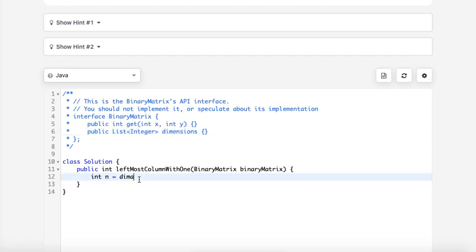Okay, dimensions. Sorry, this should be dimensions.